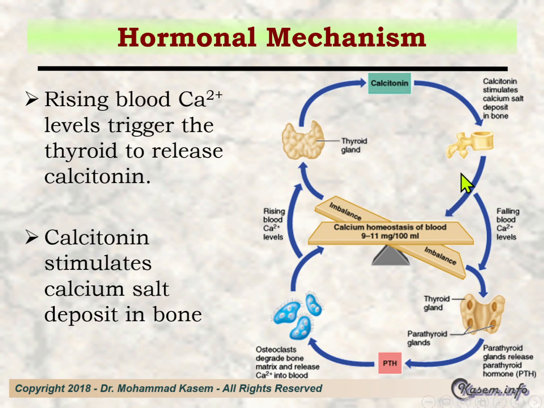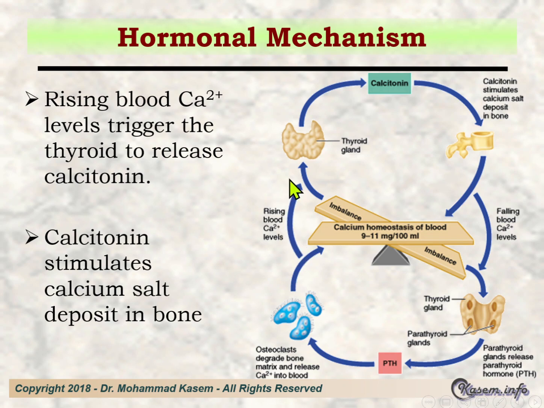If there is a decline in the blood calcium, blood calcium is lowered. So we need more calcium. How do we get the calcium? By releasing parathyroid hormone, which stimulates the osteoclasts of the bone to dissolve and release the calcium from the matrix